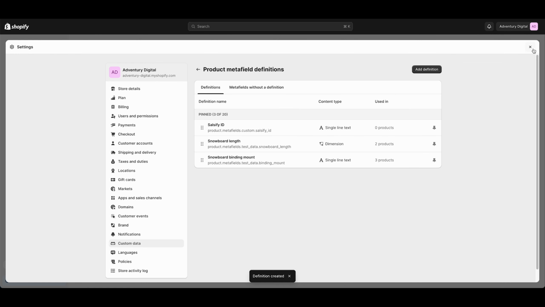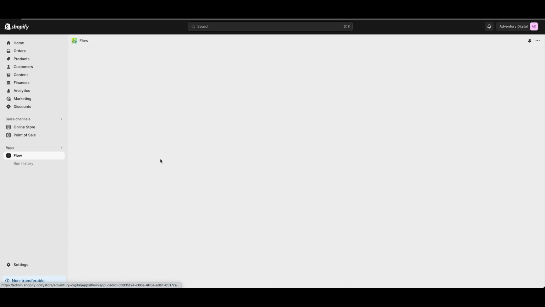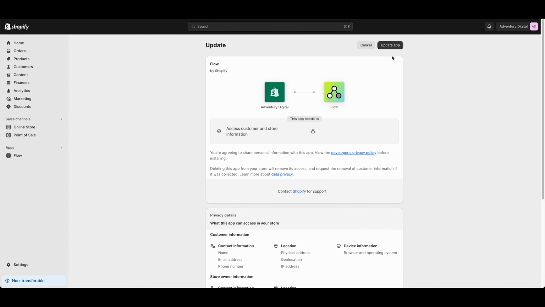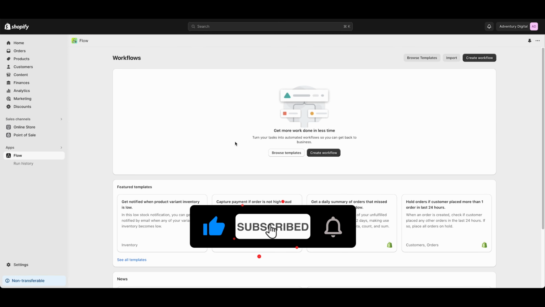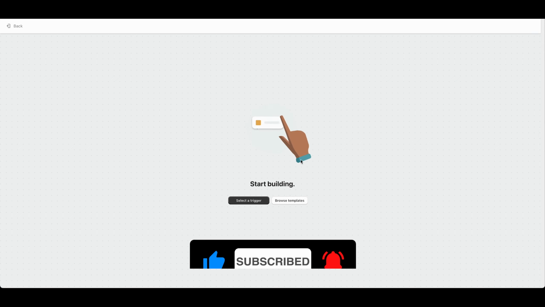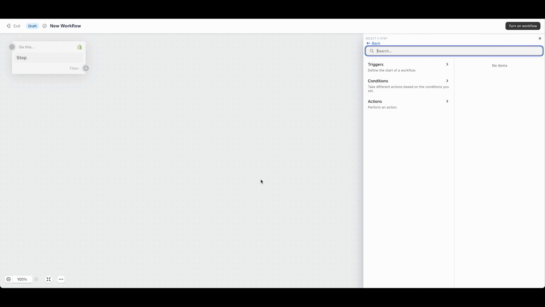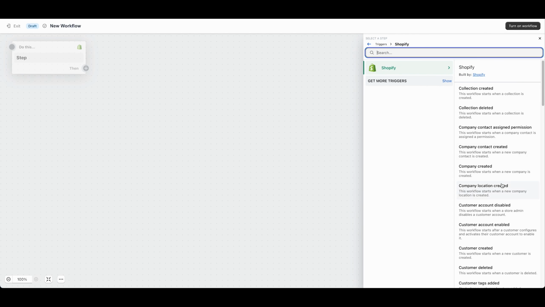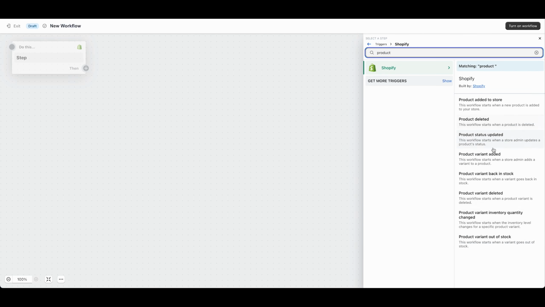All right, so we've created our metadata field, and now we're just going to get into Shopify Flow. So you'll see here that I do not have any created on the store, so you may need to allow some access first if you haven't created any yet, and let's get into creating a workflow. So let's create a new workflow from scratch, and the way we're going to do this is select a trigger, and what we want to do is every time a new product is created within the platform, we want it to execute this workflow that's going to return that Shopify ID back to that external system, or in our case, Salsify. So I'm just going to search for a product, and then we will add a product is added